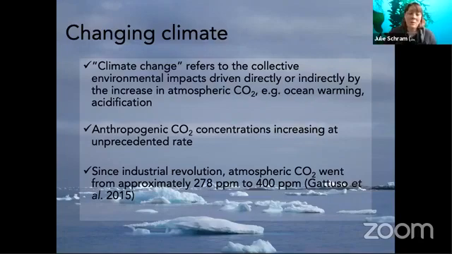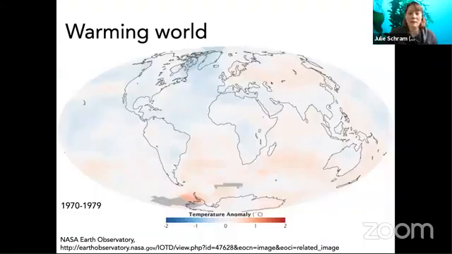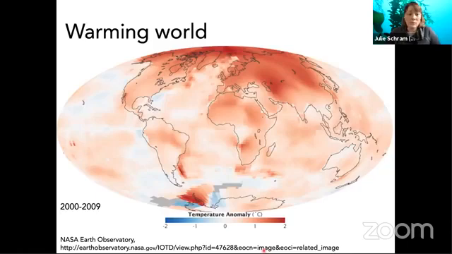But first, people are probably most aware of carbon dioxide as a greenhouse gas and its influences on warming. So I have this figure here to highlight some of the dynamics of warming across the globe. On this figure, we have the change in temperature over a 10-year period from 1970 to 1979. These cooler colors represent a net cooling during this time period, and these warmer colors represent a net warming during the time period. I'm highlighting these because as we fast forward to the time period between 2000 and